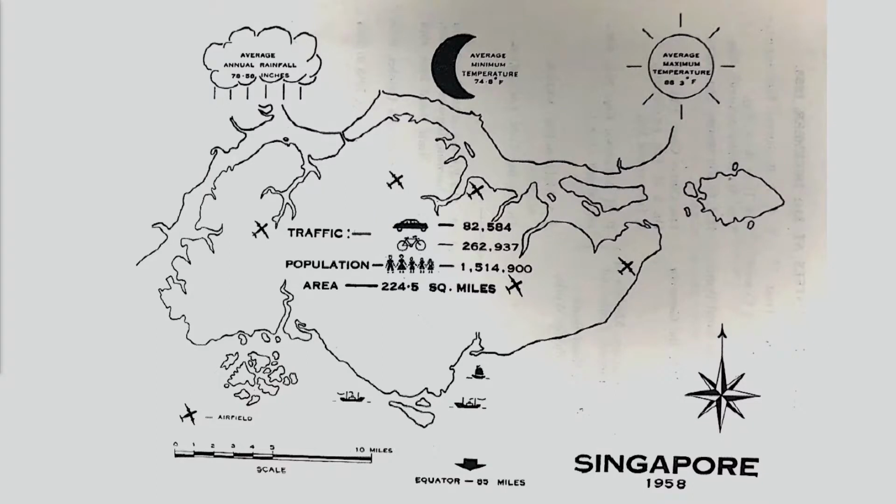But they also looked into the climate of Singapore. And so the equator is 85 miles away. And they looked at all the statistics. It's already 1.5 million in 1958, and how to house them. And so they looked at the rainfall, they looked at the temperature, they looked at the maximum temperature in the day, and how they could really adapt the architecture to the tropical climate, and therefore